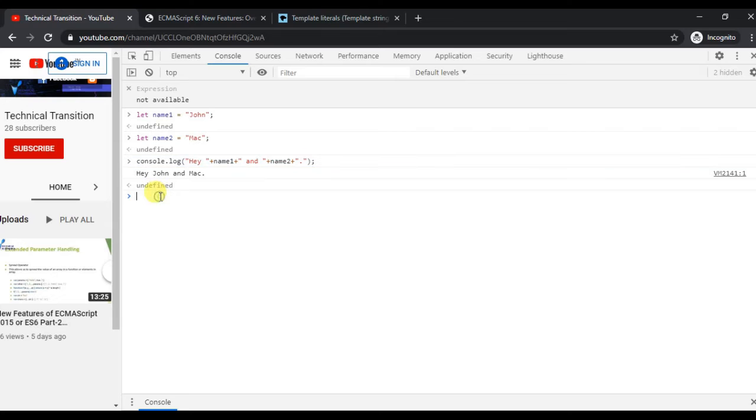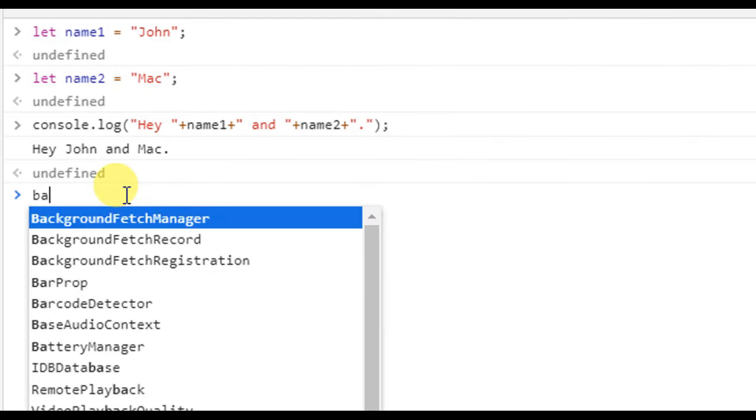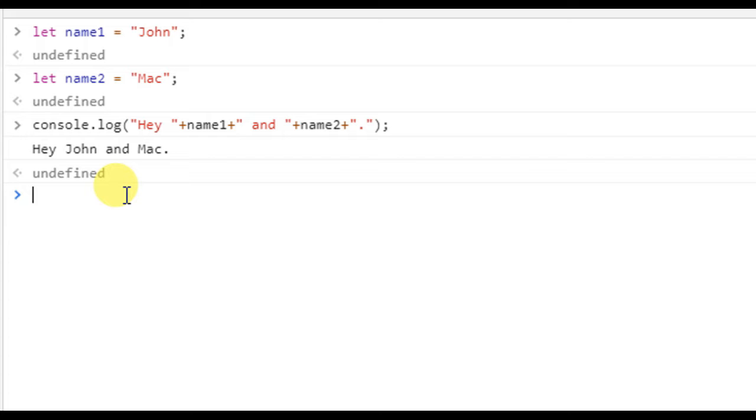Here I will show you how we can use the template literal and how we can pass the name dynamically without concatenating the string with the variable or something else. Template literals are written inside backticks. You can google it also. So we can write it inside backticks. Let's see how we can use a template literal.